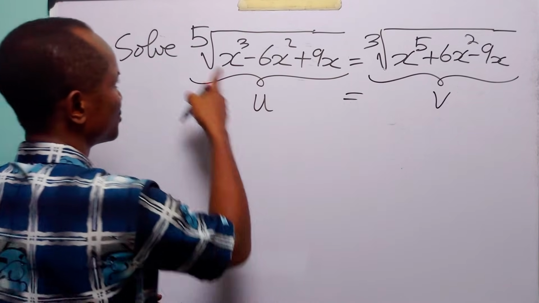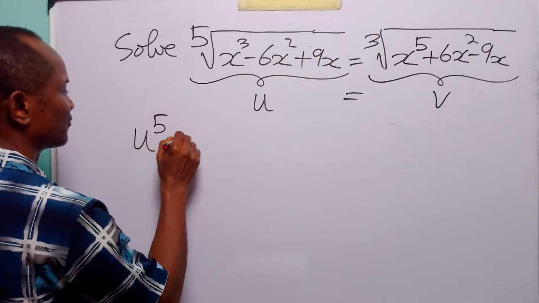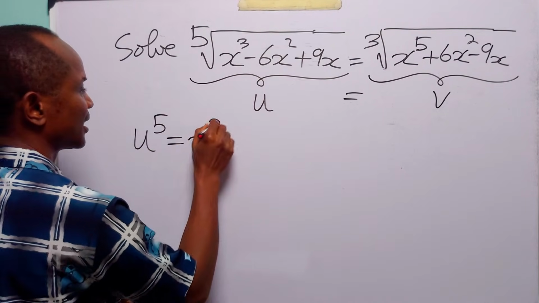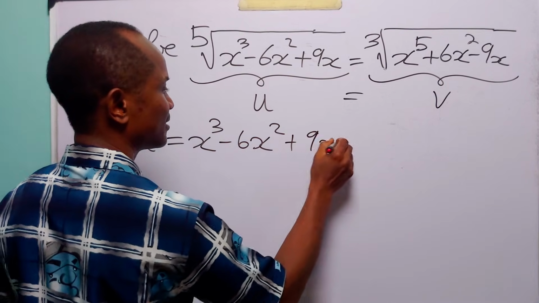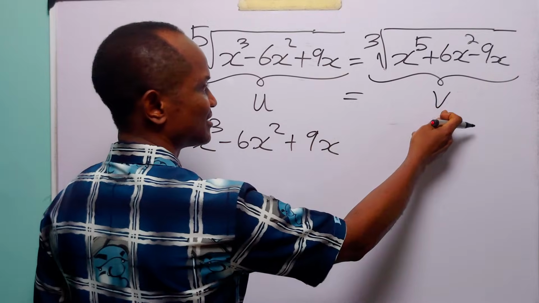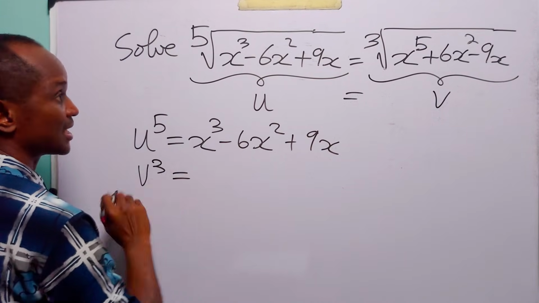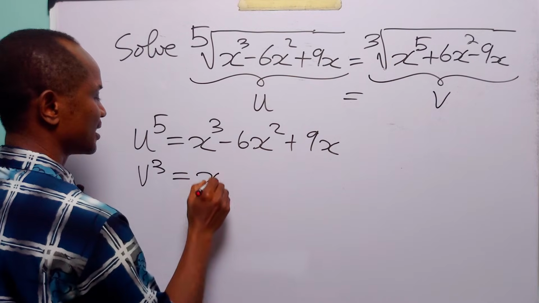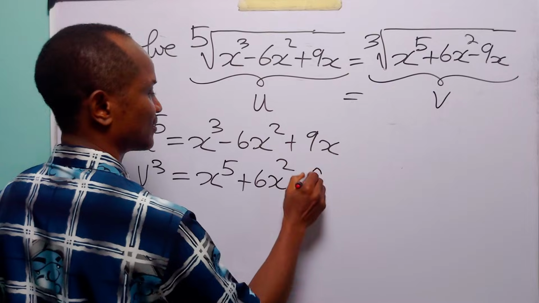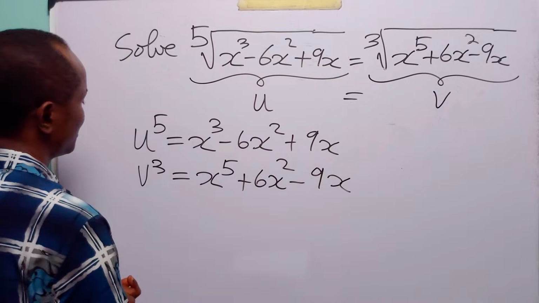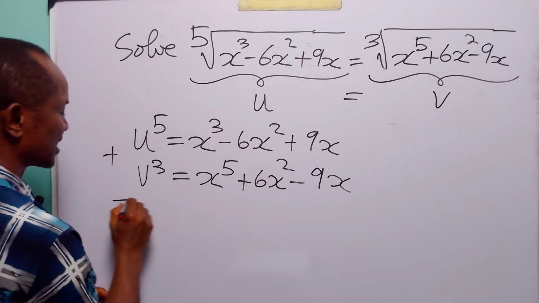Now, when we raise u to power 5, we have that u to power 5 is equal to x cubed minus 6x squared plus 9x. And when we raise v to power 3, we have that v cubed is equal to x to power 5 plus 6x squared minus 9x. Now, when we add these two equations, we have that